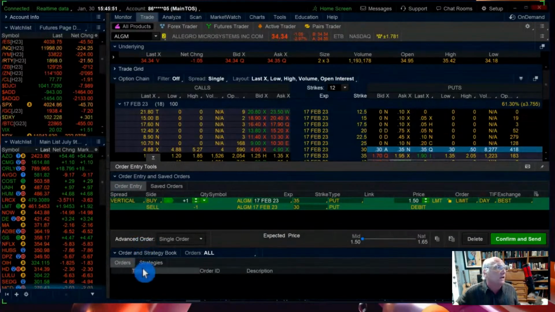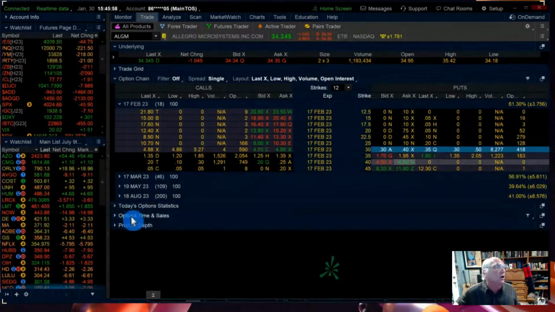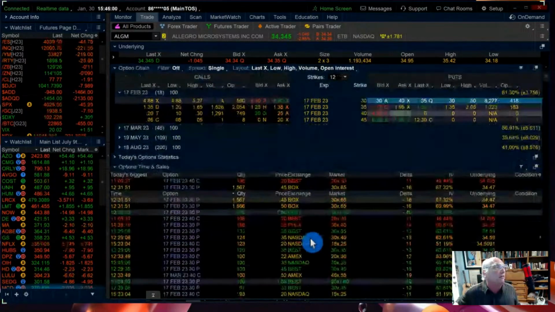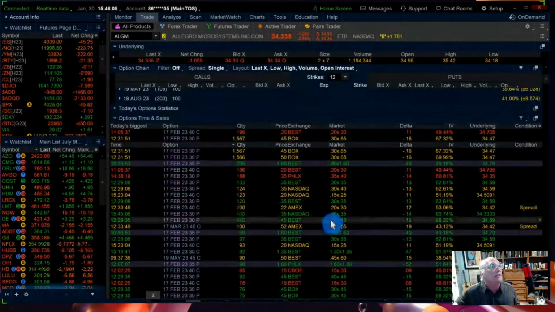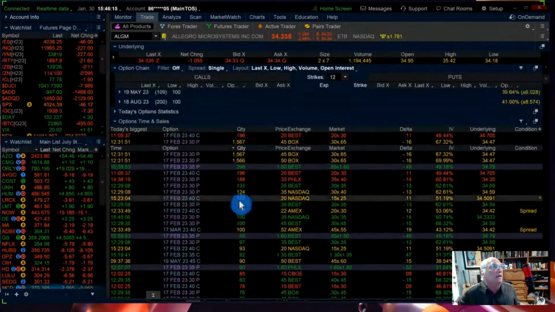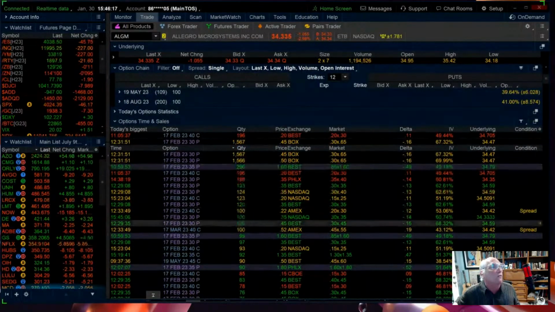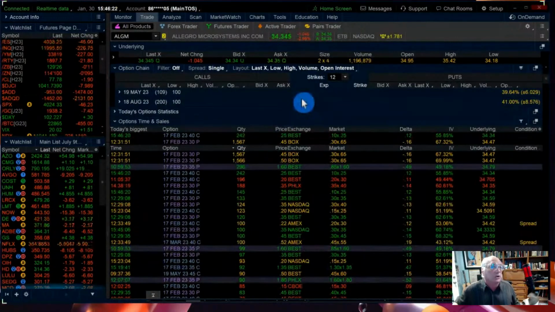So then you go to time and sales. Check this out. This is what I'm doing all day besides looking up Amazon and eBay stuff. Look at the buys on the offers. Bid 30, offer 45. They bought 100. Bid 30, offer 35. Bought 100. So these are buyers. So just keep that in mind. Then they did some weird spread, but overall it's buys. So I just went and did that. So just let you know.